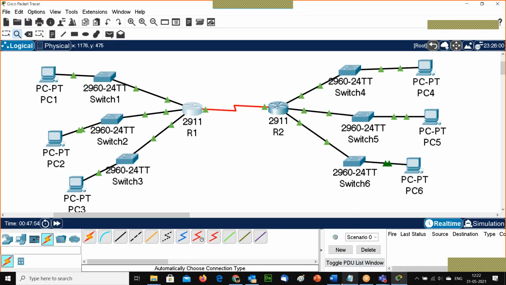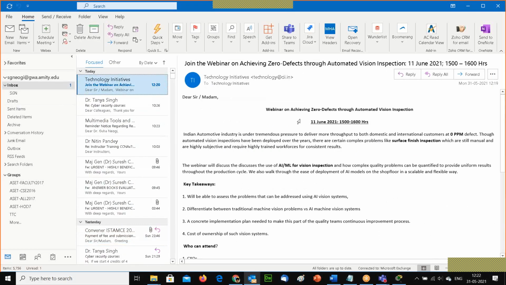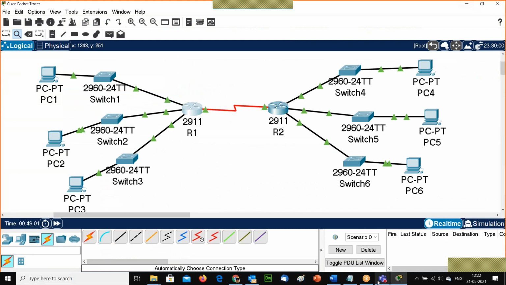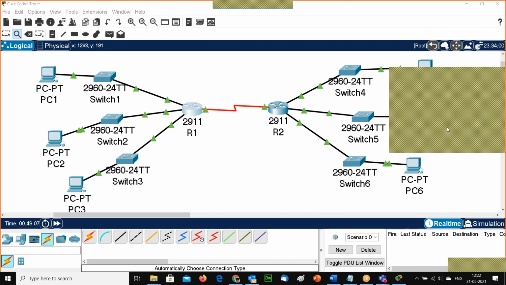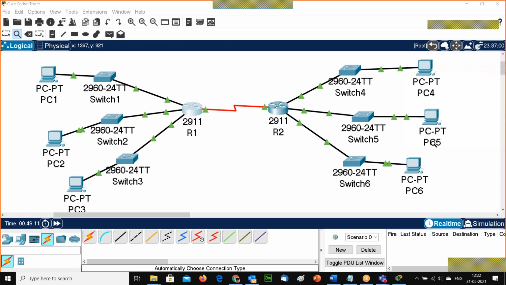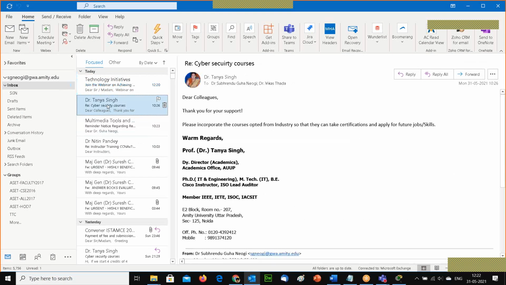So this is the configuration of RIPng. So just stick it in the chat box as well. So this much we need to go and configure on both the routers for RIPng. See, the configuration is same. Now what I am going to do is I am going to configure EIGRP. So RIPng I have completed.